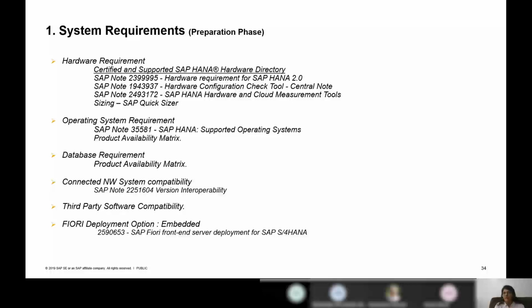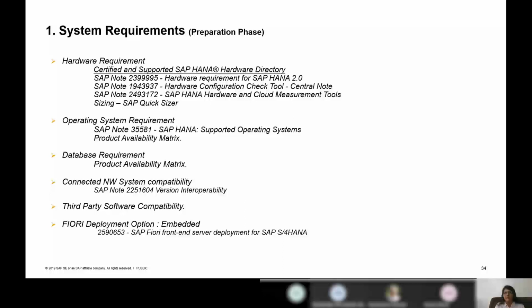Based on the prediction of your load, you can either take a call on extending your hardware, or you can say, okay, my hardware is sufficient for 1 year or 2 years, and probably I can take up extending the hardware after 3 years. So this becomes very important when you're doing an upgrade. Please make sure that, for the next 5 years or 3 years, as per your business policies and IT policies, you predict how much load you are going to have, and based on the prediction, you can plan your hardware capacity.